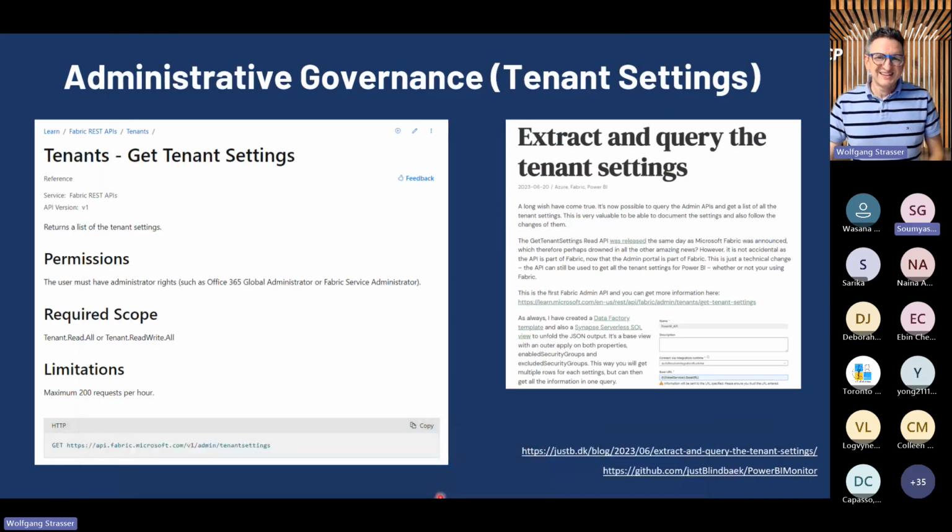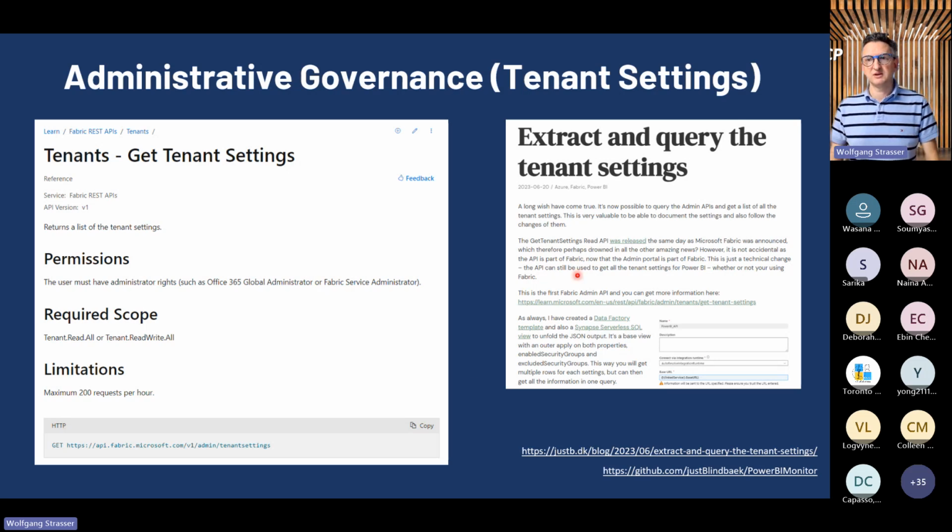And when I say the list is getting longer and longer, maybe it would be nice to have some sort of better overview than the admin portal, which is okay-ish to work with, but not great for an overview. And there are solutions out there. Microsoft, the Fabric team, the Power BI team, provide us with some APIs, so we can programmatically fetch all the tenant settings and include the information of who's allowed to use that feature. Is it enabled? Is it disabled? That returns a JSON structure, which is not that easy to read.